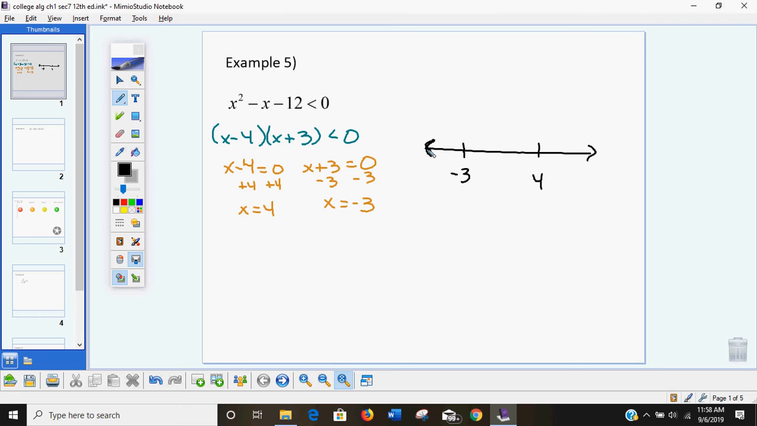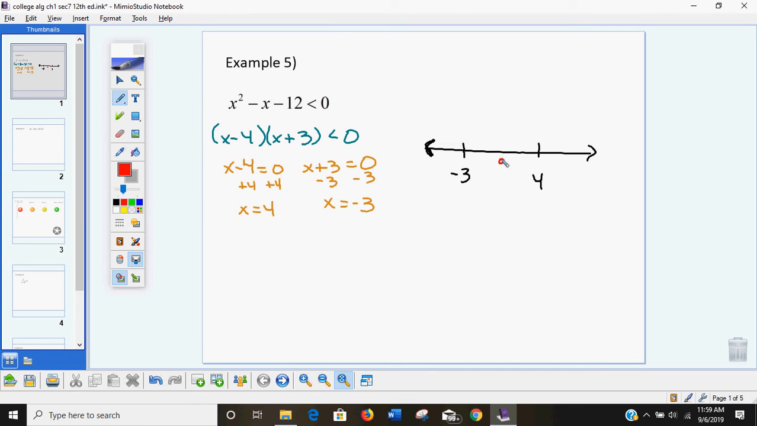Now I need to figure out what numbers on this number line make this a true statement. So it's either going to be the numbers between negative 3 and 4, or it will be the numbers on the outside. You either shade the middle or the outside. So it could be 4 or greater, it could be negative 3 or less, or it could be negative 3 to 4. So I always tell students, try a number, pick an easy number, like 0 is easy to check. 0 is between